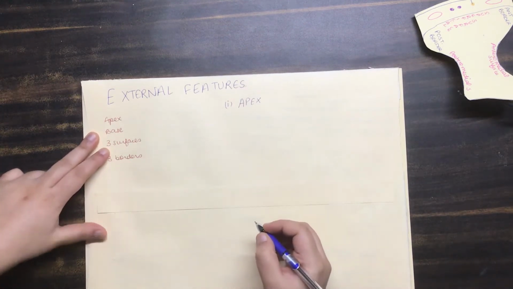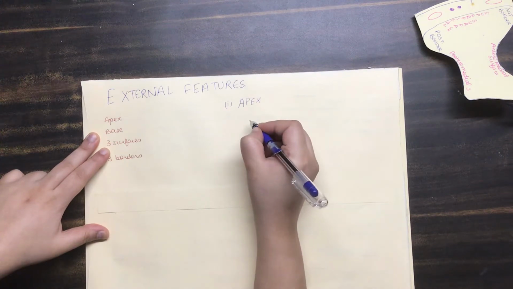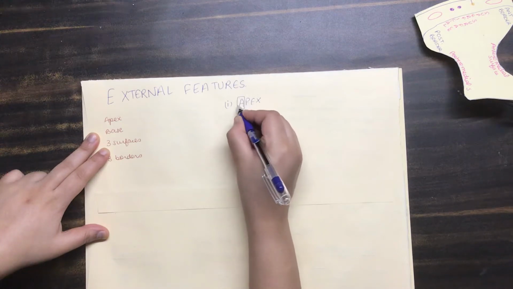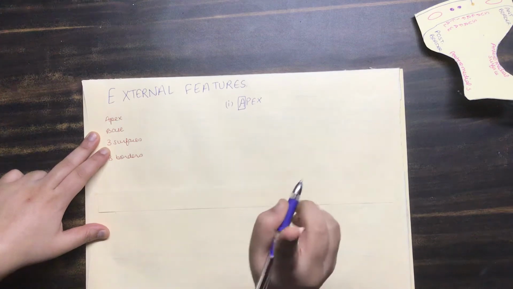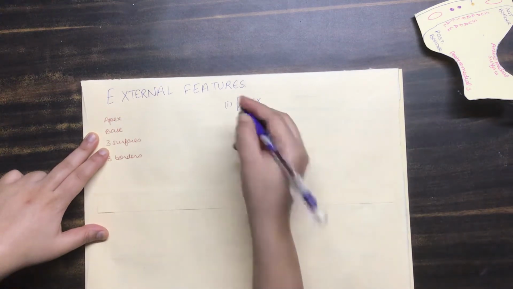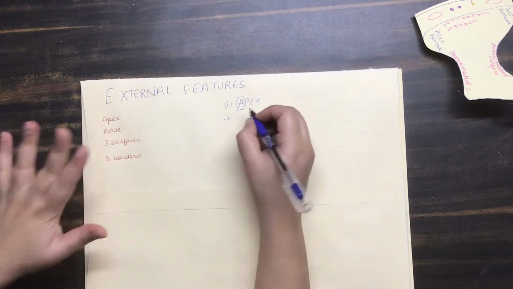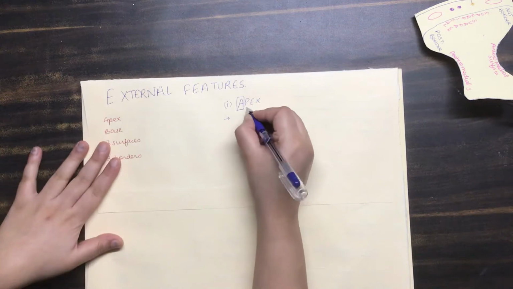So I am going to give you hints when you write down the term apex and want to write down the features of the parotid gland in relation to the apex. The first letter in apex is A. Now A in anatomy can mean artery. There is no artery in relation to the apex of the parotid gland, so you don't need to write this point. Second is P.